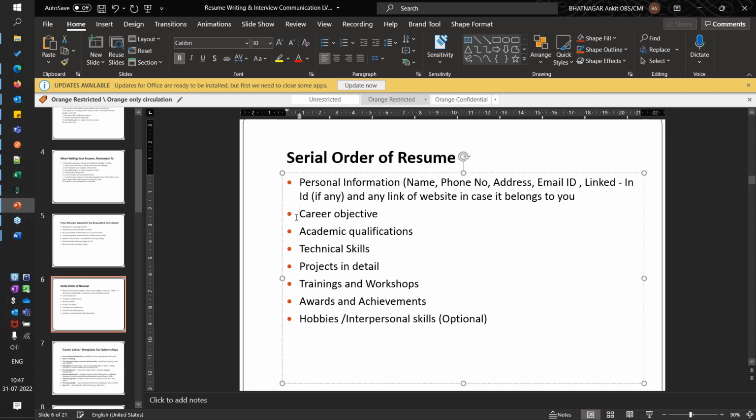Career objective was clear yesterday. I told you that career objective will have the objective of your career. So this is what you mention. Then you would mention your academic qualification. Academic qualification will be in chronological order, like I have explained to you yesterday. After this chronological information,